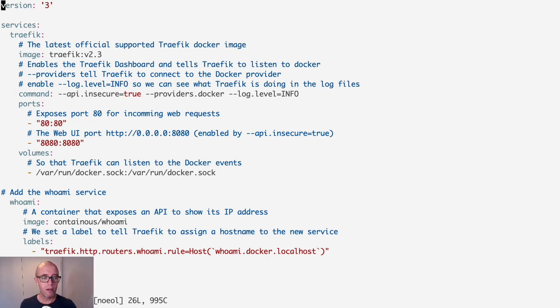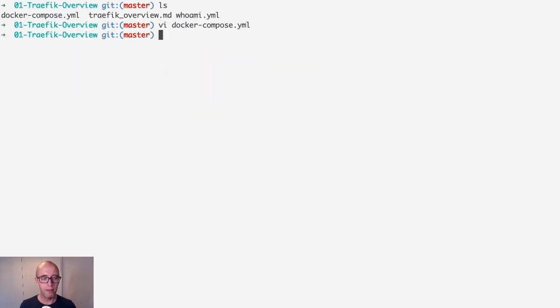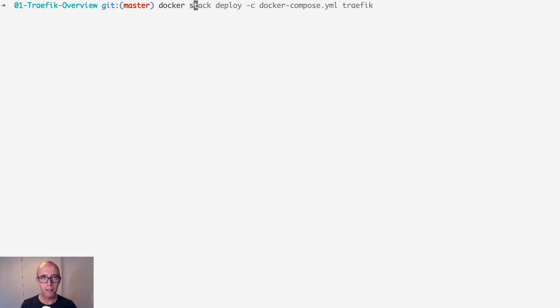Now, the Who Am I service is actually written by Containous. And this is just an easy service that basically reports the requester as well as container information. You can see we just assigned this label, and the label is here basically, and we're allowed to give it a host name. So this is all running locally. So whoami.docker.localhost. So if I take this file now and just go docker stack deploy -c,